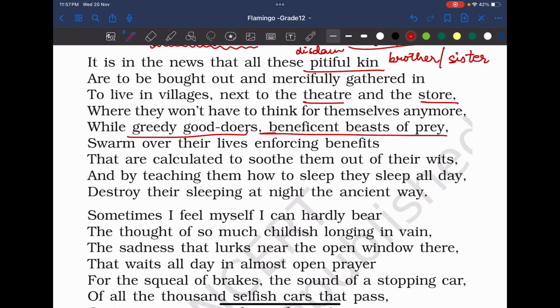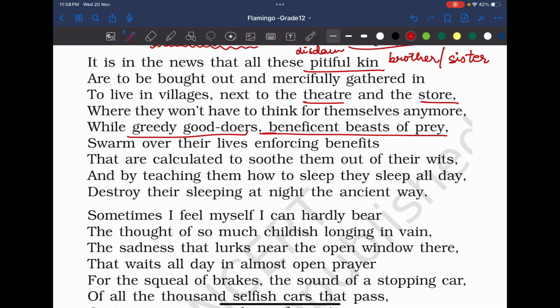And similarly, beneficent beast of prey, these people are also eyeing on these poor people, that I am only helping a particular person because I want him or her to help me out. So 1 minute की help कर दूंगा और फिर I'll ask for a big favor. That is what the poet is saying, that we pretend, we as rich people, we pretend that we care for you. For the poor people, we pretend that we care for you, we want you to be successful,